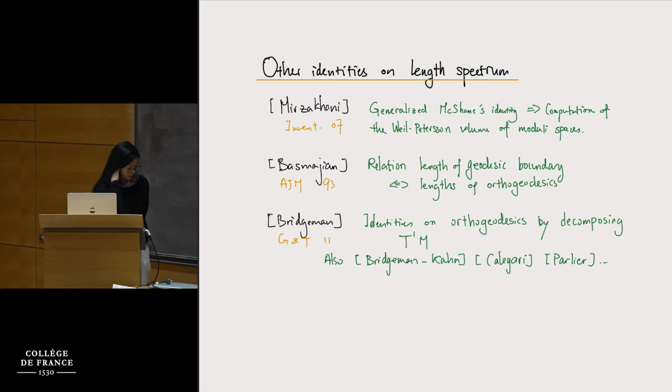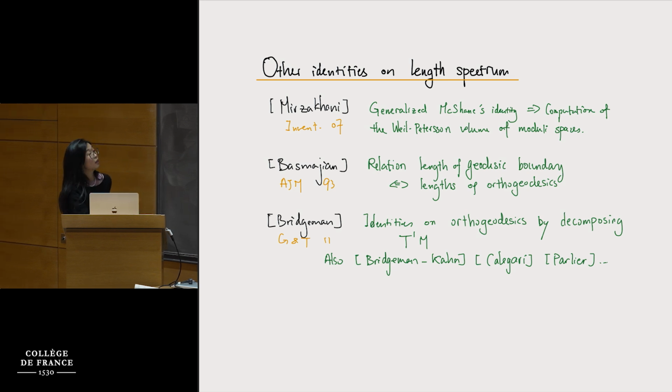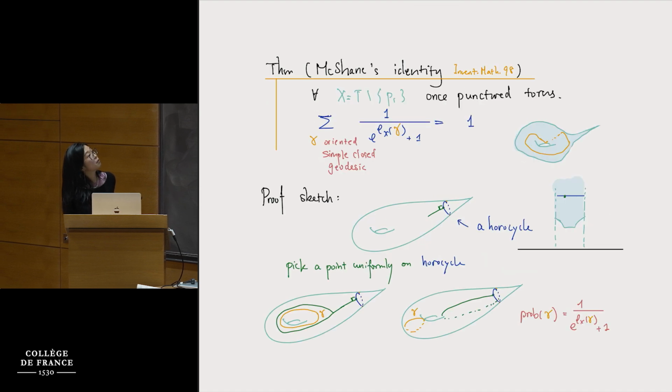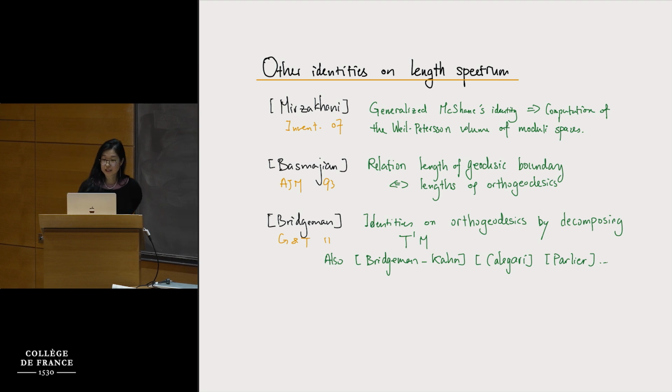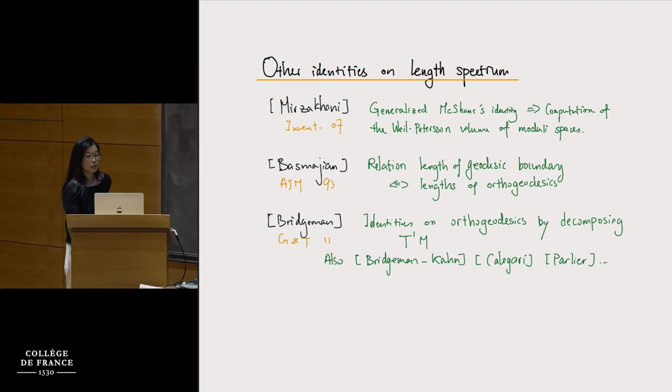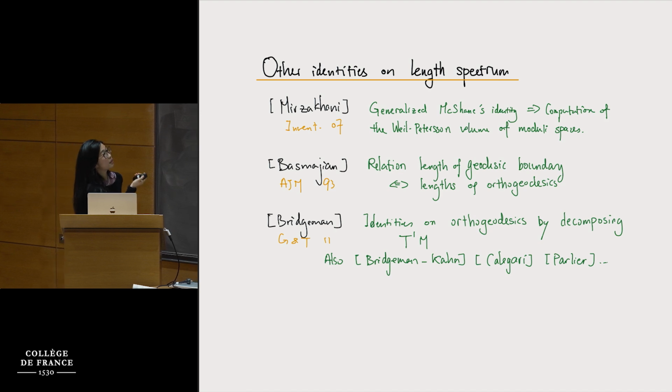Mirzakhani has developed further this idea by decomposing geodesics, this orthogonal geodesic coming from some surface with geodesic boundary. And she generalized McShane's identity, and that has led to a computation of the Weil-Petersson volume of moduli spaces. And also there are other identities about the length spectra of surfaces, which is not an exhaustive list, but I just pick a few